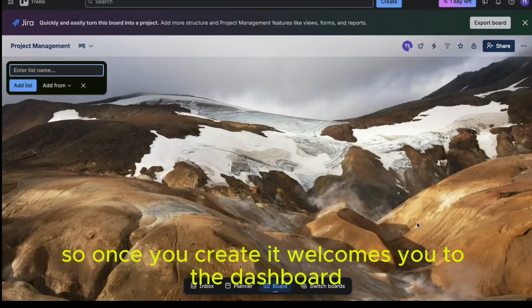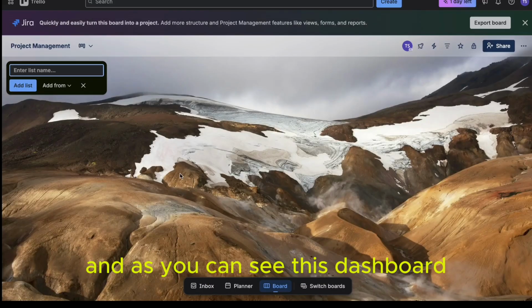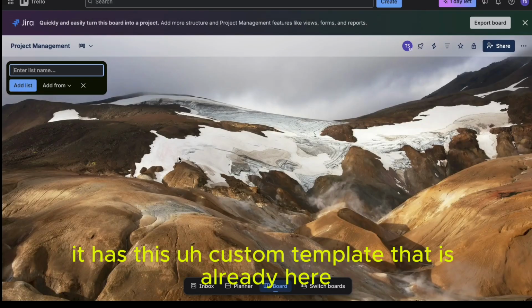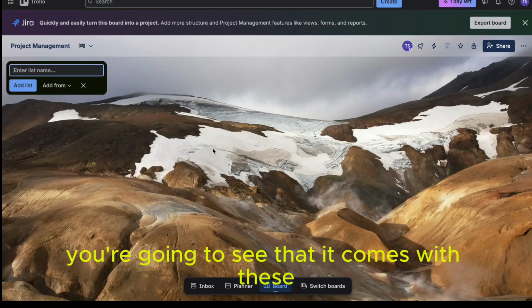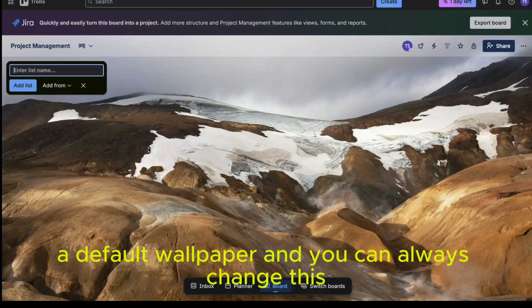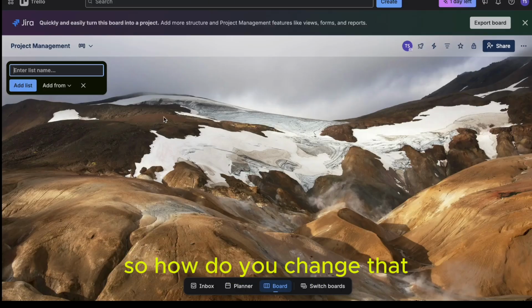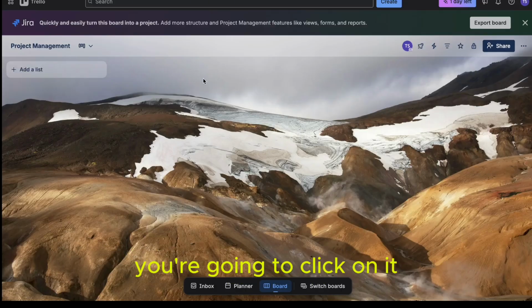So once you create, it welcomes you to the dashboard, and as you can see, this dashboard has this custom template that is already here. So once you come to the dashboard, you're going to see that it comes with this default wallpaper, and you can always change this. So how do you change that? You're going to click on it,